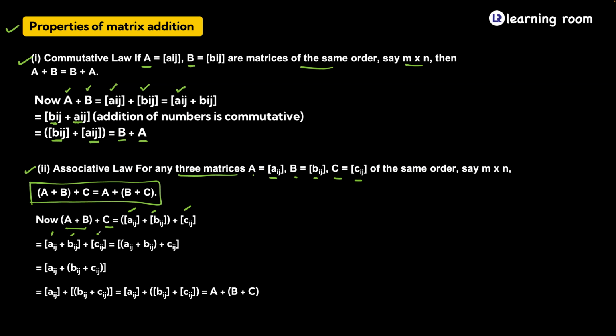Right. Now you will just write the things in reverse. So if you take the right hand side, then you will write Aij plus Bij plus Cij. That's what is written here. Then what will you do? When you expand it, you will get Aij plus Bij plus Cij. It is going to be the sum of the same numbers. So to put it simply, since you are adding the numbers, A plus B plus C is the same as A plus B plus C. Okay, so it is going to be the associative law. All right, the next is going to be,